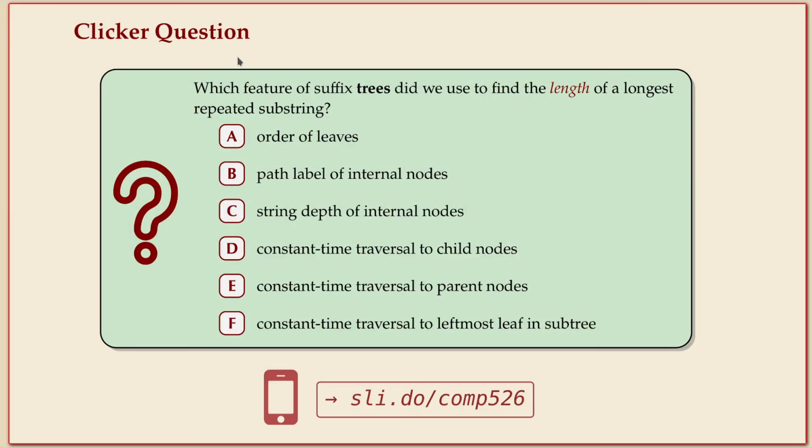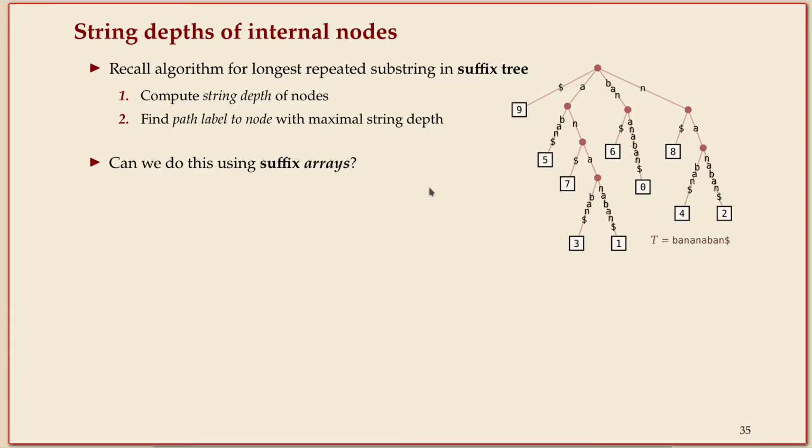Well, I can show you the right answer here as well. So what I had in mind is the string depth of the internal nodes. And just to remind you, if we are trying to find the longest repeated substring of a given text, we can build the suffix tree, compute the string depths of all the nodes, and then the path to that node is this longest repeated string, but the length of it is just the string depth. So in this case, we had this one at depth 3, right? But there was another one, this one, which is also at